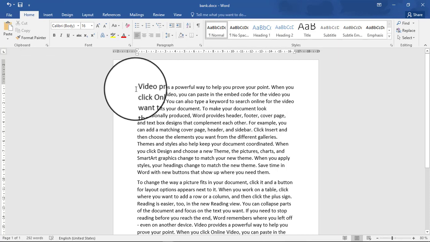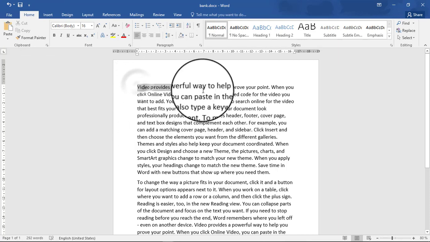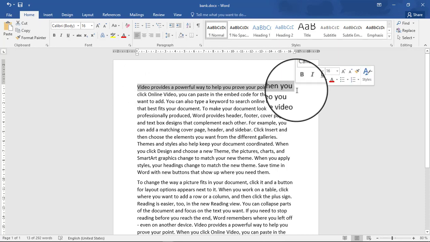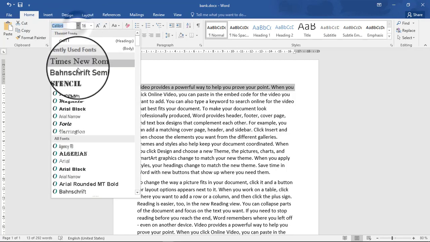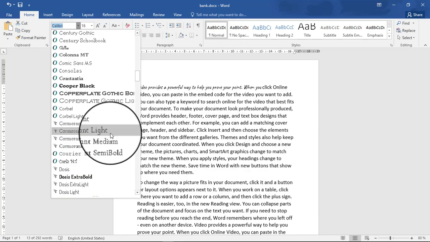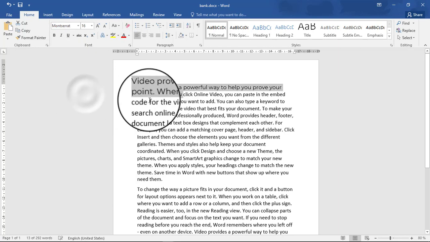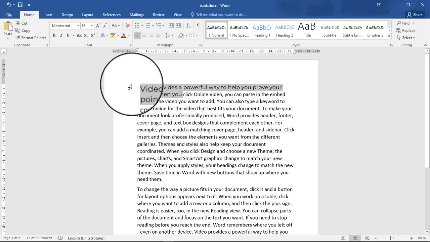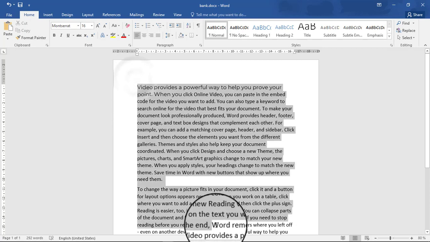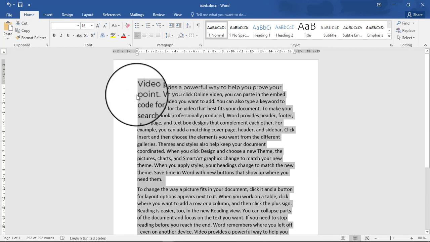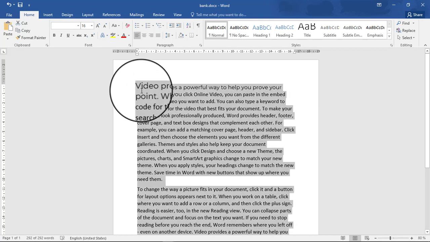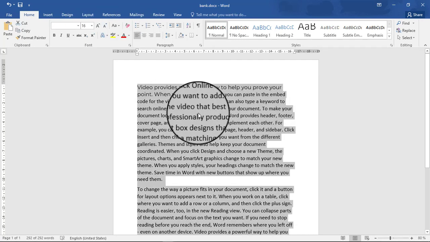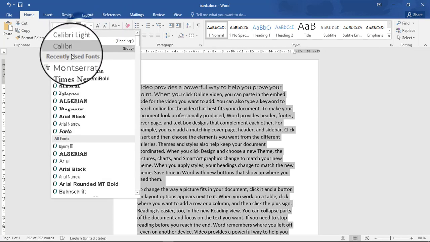You just have to first highlight what you want to change. Maybe I want to change this text. Then I go to the font styles. Then I look for the font style I want. Let me use this font style here, this one. If you want to select all of it, you just have to highlight all your text. The shortcut to highlight it all, you press Ctrl plus A. Ctrl A, then you change it to what you want.